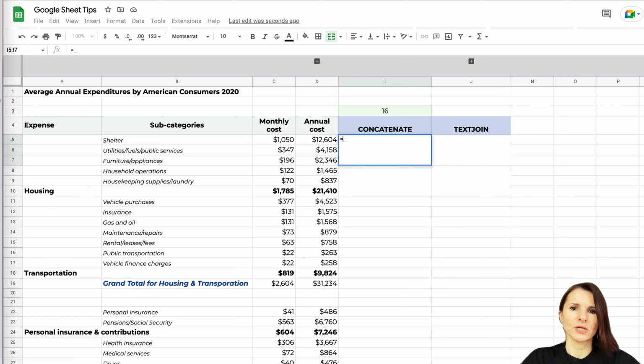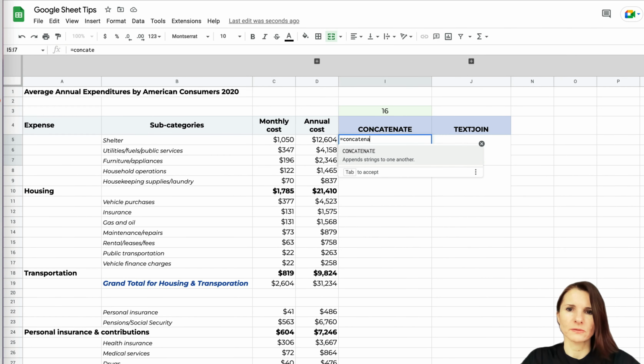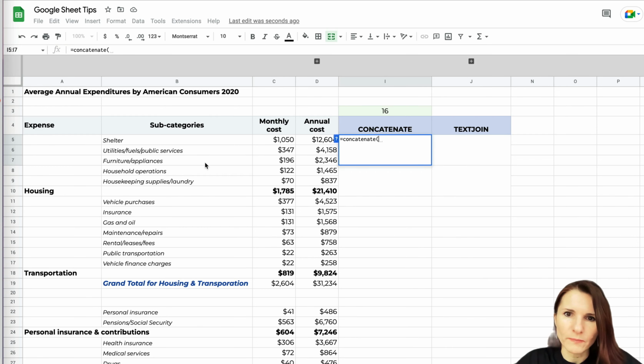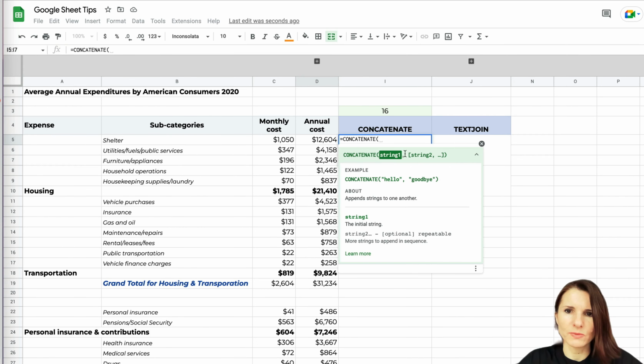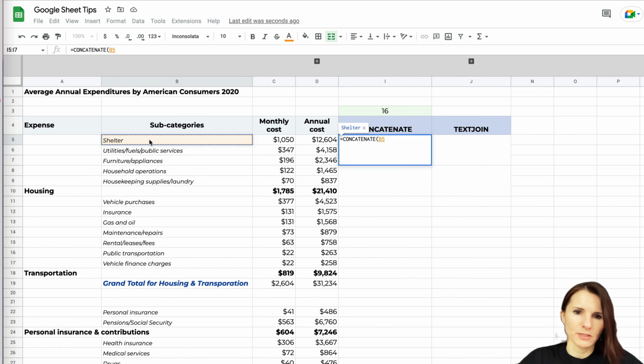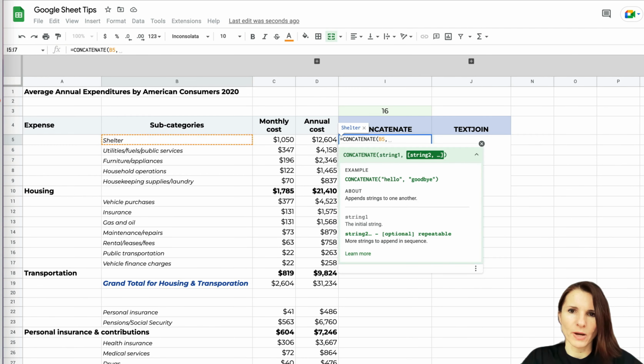If I just use equal and concatenate, it's even hard to spell. Click on the formula, it tells me, okay, select the string, and then anything else you can add in between. So I'm going to say shelter, comma, and I'm going to put spacing in between. So I'm going to say maybe slash, space and slash, comma, and then another utilities, then